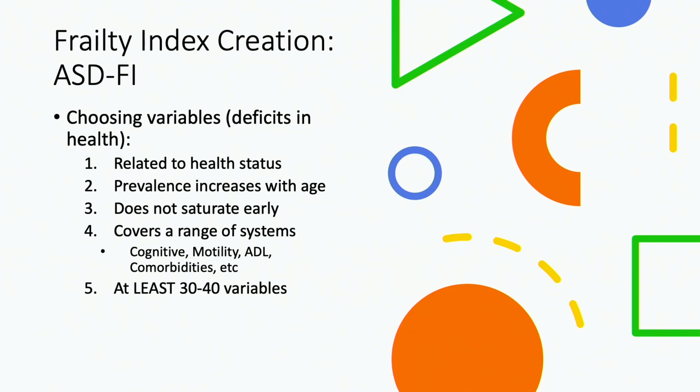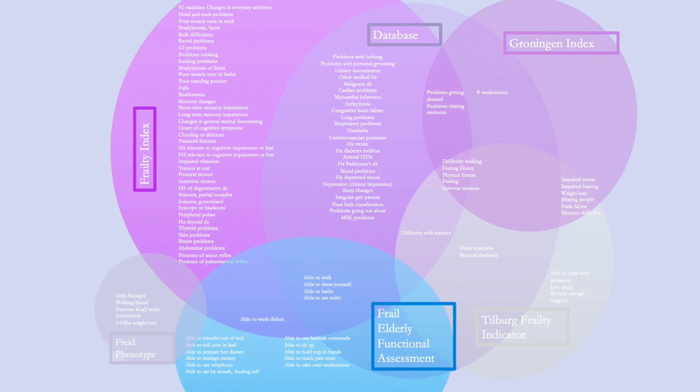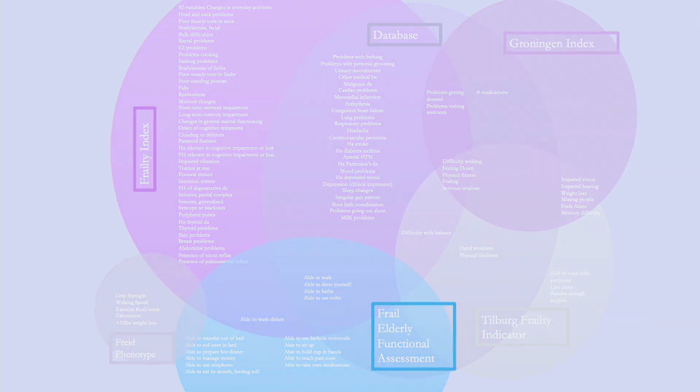When the ISSG created the first spine-specific frailty index, which is called the ASD, or Adult Spinal Deformity Frailty Index, they really wanted to look at these principles. Number one, it had to be related to health status, increase with age, not saturate early, and also cover a wide range of symptoms, and it really needs to be about 30 or 40 variables. And so ultimately, finding overlap of multiple pre-existing frailty indices, they came up with the spine-specific frailty index, and this